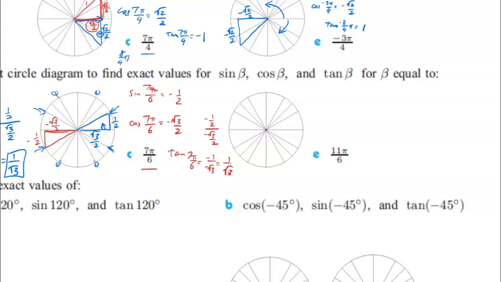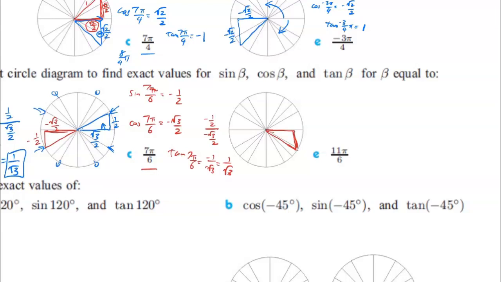11/6 pi is very close to 12/6 pi. 12/6 pi, of course, being 2 pi. 2 pi being 360 degrees, right? So 2 pi would be all the way around one time. But we're going to go just short of that. So we'll be like 30 degrees short of that. We'll be doing this triangle here. So 11/6 pi would be